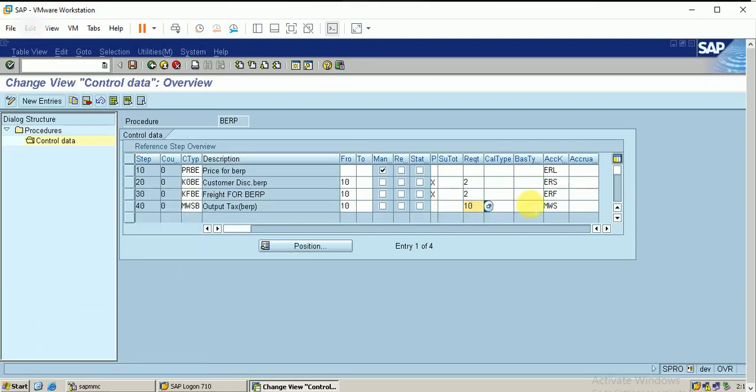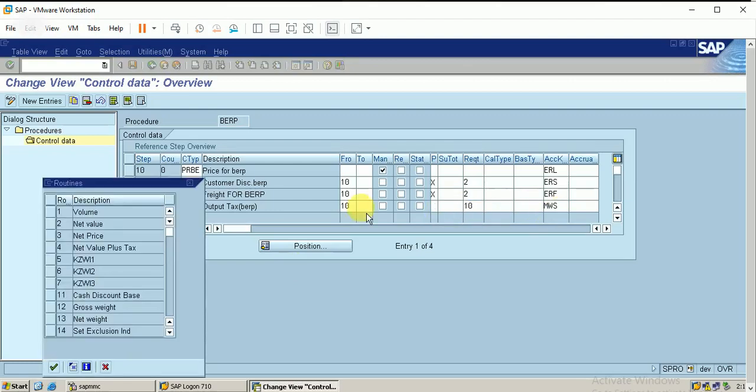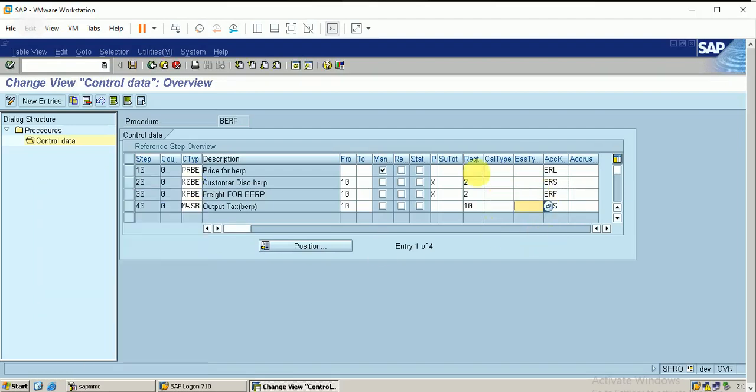Okay, when we come to this, the base type should be net value plus, okay, no need for this. Let me save it.